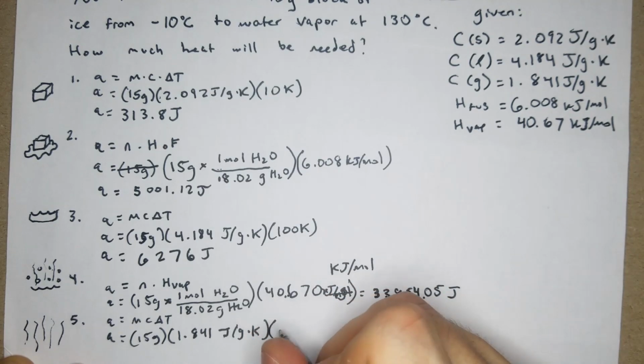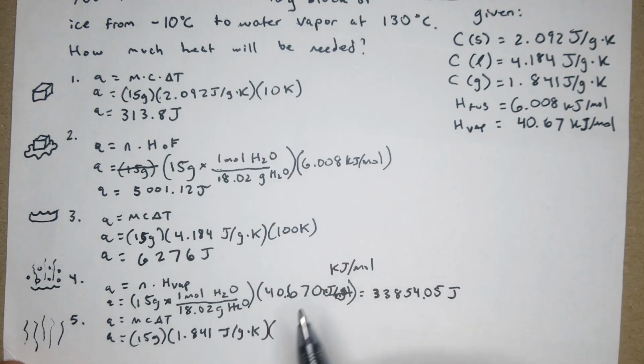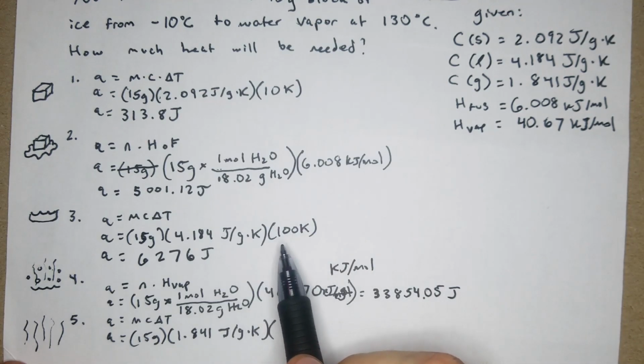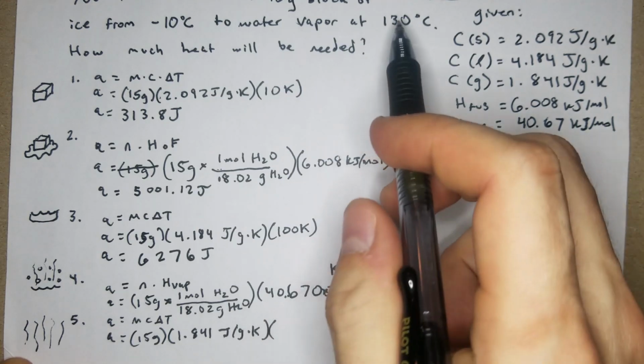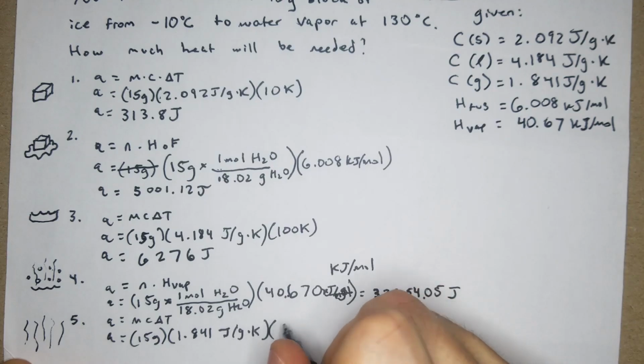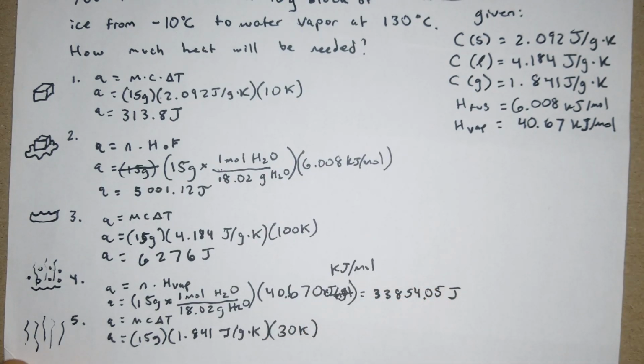Then we're going from 100 degrees Celsius technically up to 130, which it asks for in the prompt. That's not our differential, but it's going to be a 30 Kelvin difference either way. So we have 15 times 1.841 times 30, and that is going to equal